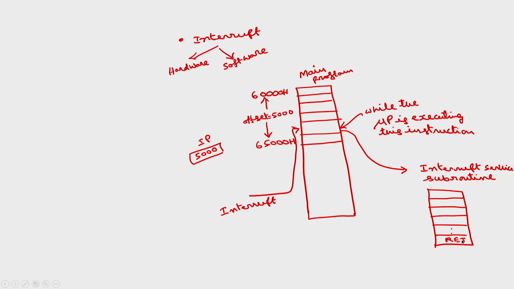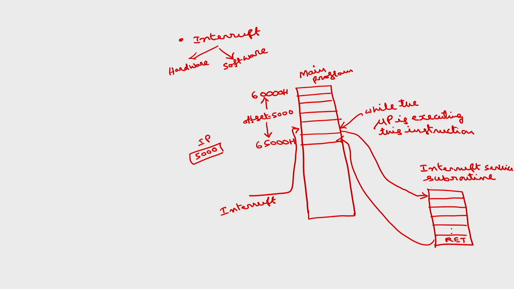While it is going to the interrupt service subroutine, the instruction pointer contents have to be saved into the stack, as we have discussed just now. Then in the return, the contents of the instruction pointer which are stored in the stack will be taken back into the instruction pointer. So, the control will automatically go to the instruction which is next to the interrupt. This process is exactly similar to the call and return instructions. After execution of this instruction, it goes to the subroutine. So, you see how the interrupt occurs.